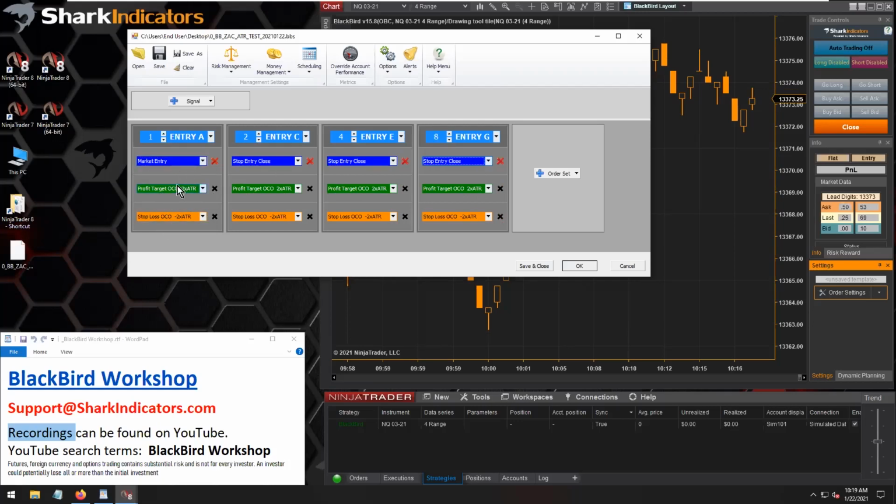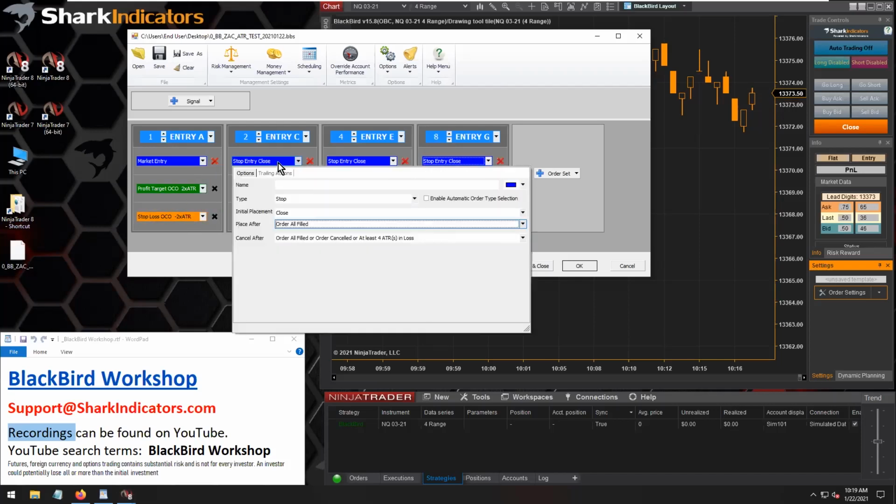So that's an understanding of the steps involved here, right? The order processing here. Now the question comes down to the cancel after, right? The reason why there's a cancel is because if you're going to use this place after option here,